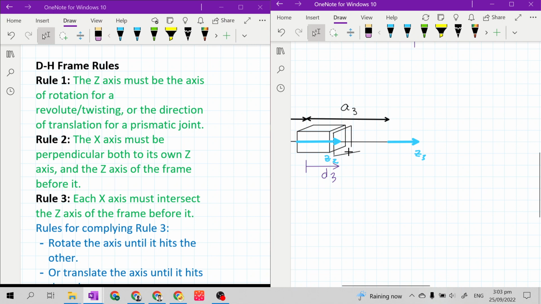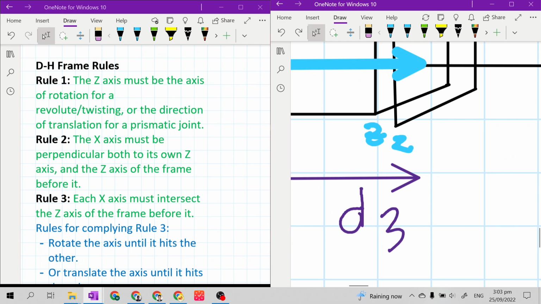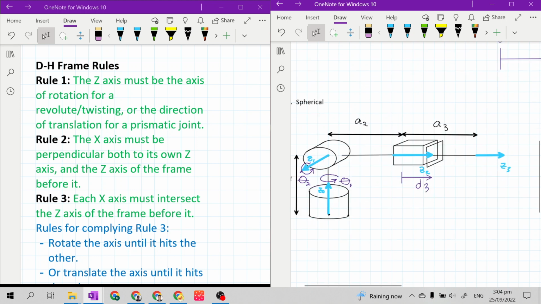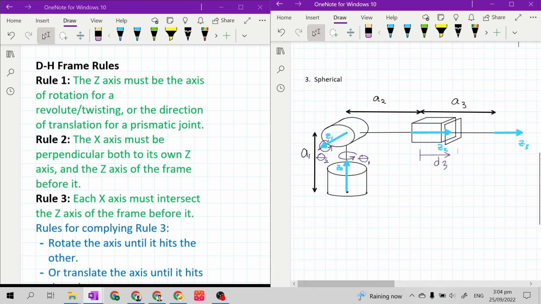Okay, oh, why? Wait a minute. Z2 is too small. Okay. Next, Z3, Z1, Z2, Z3. Okay, next